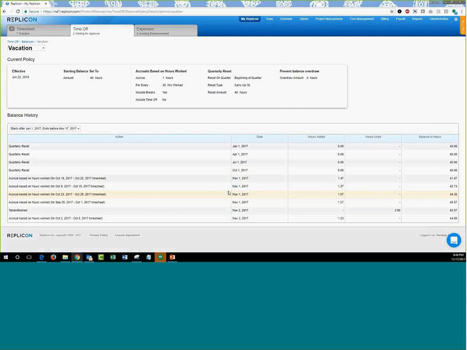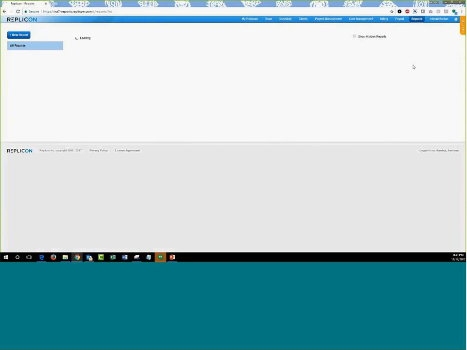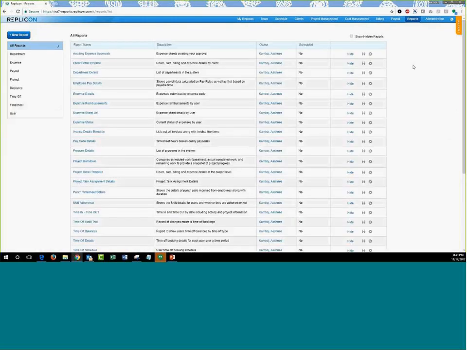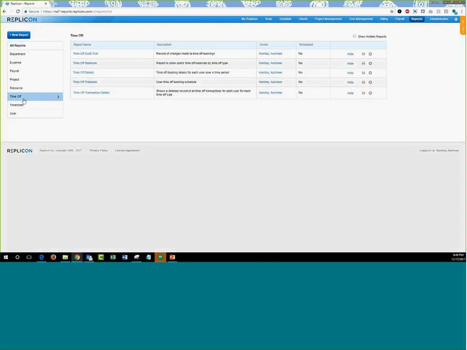In addition to that, you also have a reporting section. So I can go over to reports right here. And in the reporting section, you do have access to report on your current balances, like what is your balance as of today, or as of a date that you have mentioned in the reporting section.